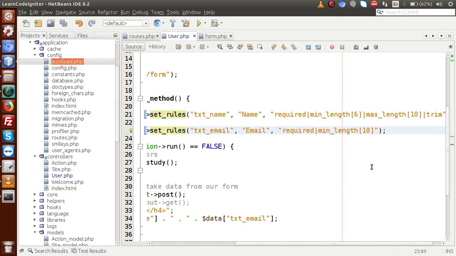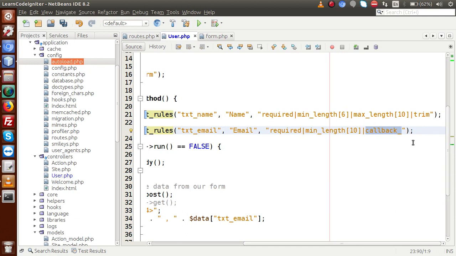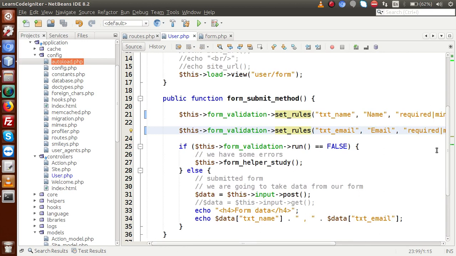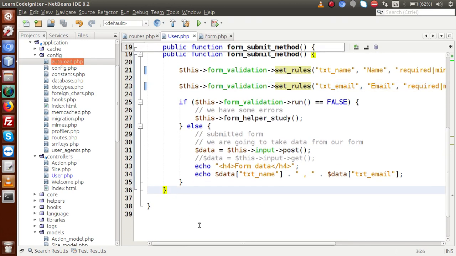If I go back to the editor, to write any user-defined callback function, we need to add the prefix callback underscore. This is the default syntax that we need to write with any user-defined callback function. Next we need to write the function name, so let's say is_email_exist. Now we need to define this callback function inside this file. So if I copy is email exist, go here and write public